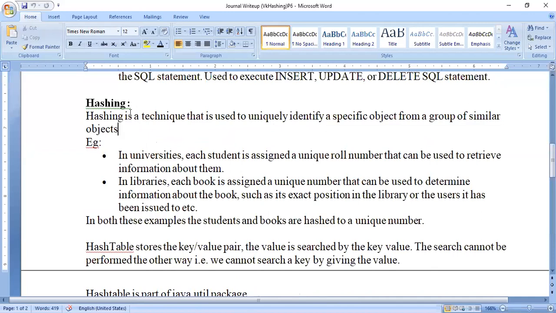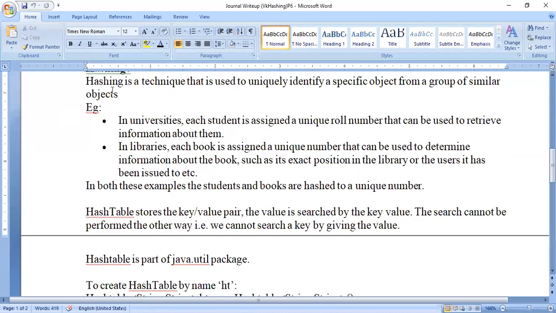So let us know the hashing technique. Hashing is a storage technique, first of all. How do you store the value so that it can be retrieved properly and easily? That is the hashing technique. Hashing is a technique used to uniquely identify a specific object from a group of similar objects. Definitely, that is just a textbook definition, but hashing is a storage technique in which we can find a value when we enter some kind of key. For example, when we enter a name, automatically the phone number can be retrieved.